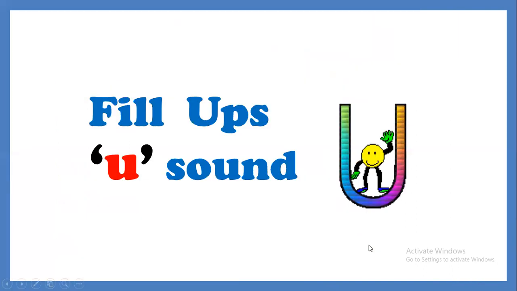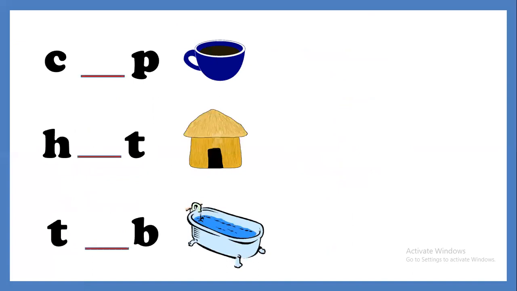So let's do fill-ups of U sound words. The first is, you have to look at the picture. So, cup, C-U-P, cup. So we have to add U sound. Okay, next is hut, hut. Write U in the blank. Now, next is tub,